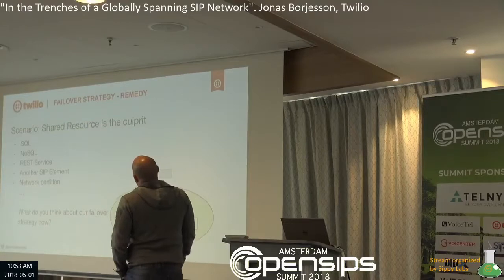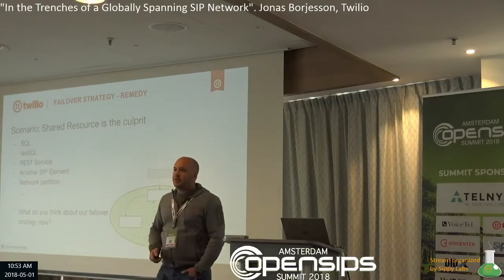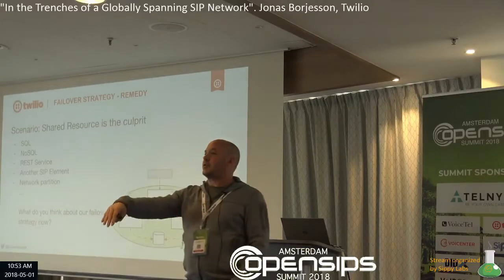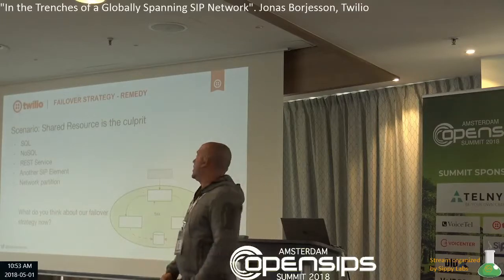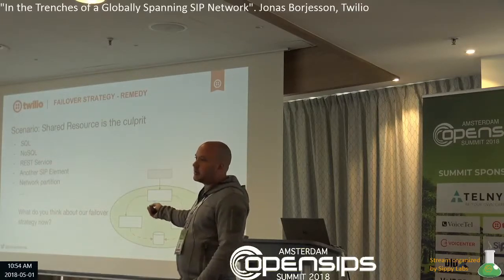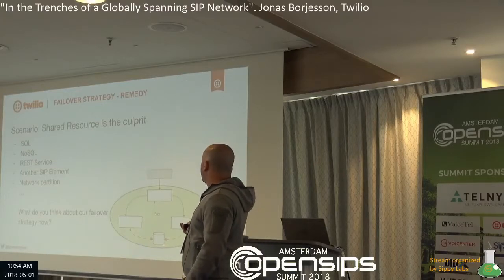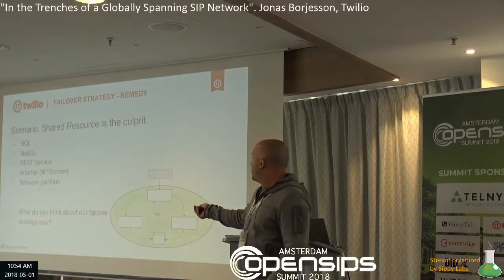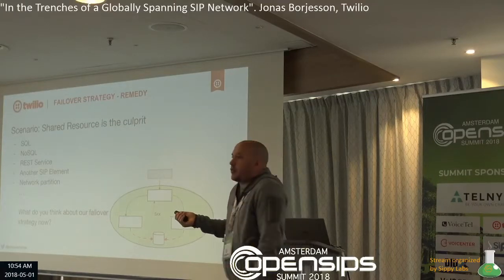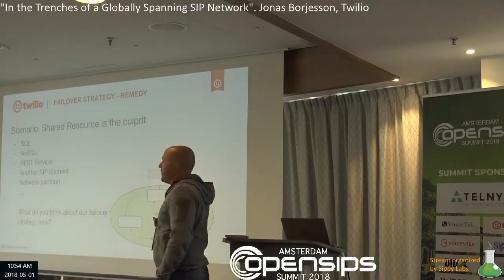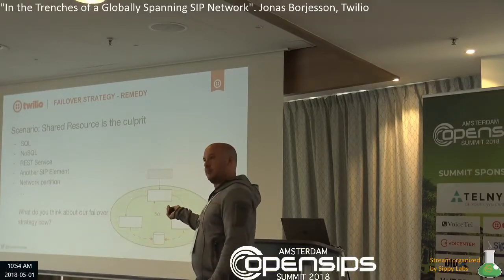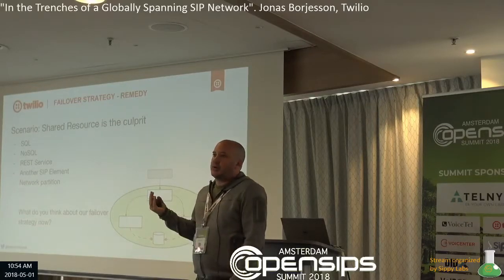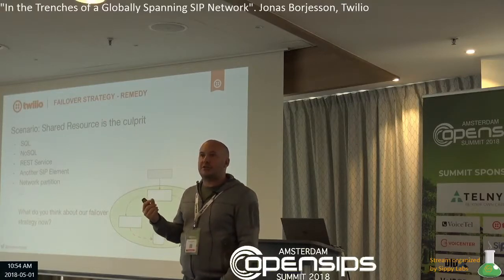Here's the problem though. Let's say the reason you got back that 500 was that there was actually a common downstream resource that's the culprit. It can be a lot of things, databases of some kind, some other service. Let's say in this case, it's a database, right? So this element right here got the first request, couldn't contact the database for whatever reason, network issues, database is down. Generated a 500, this upstream element just selected the next guy and hits the same database. So now what? Is that a good strategy? What would happen in these cases?